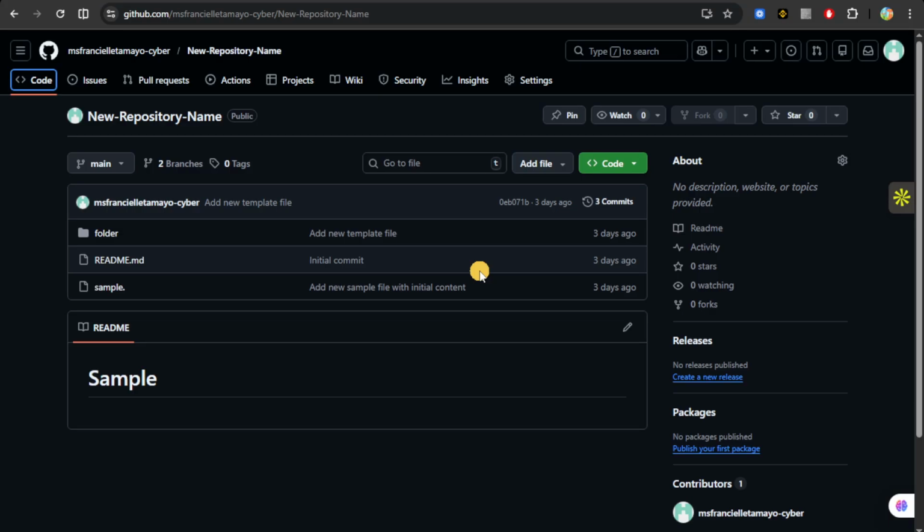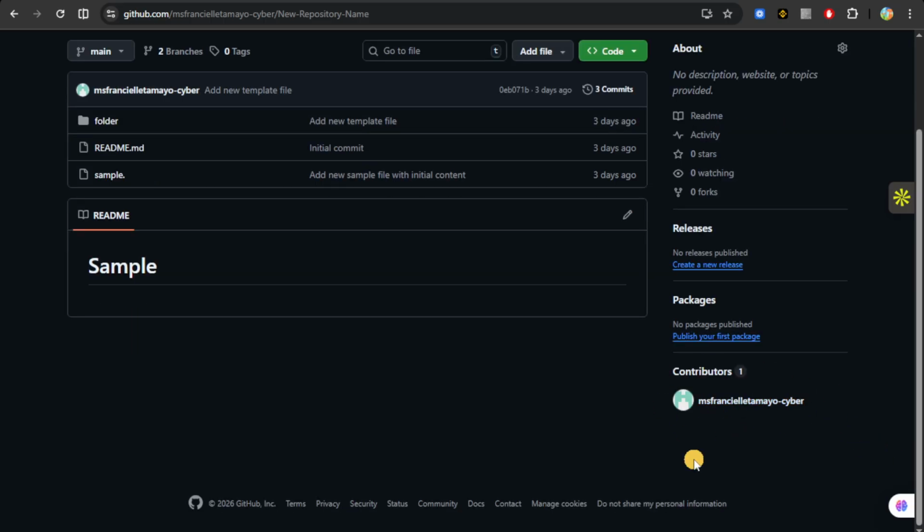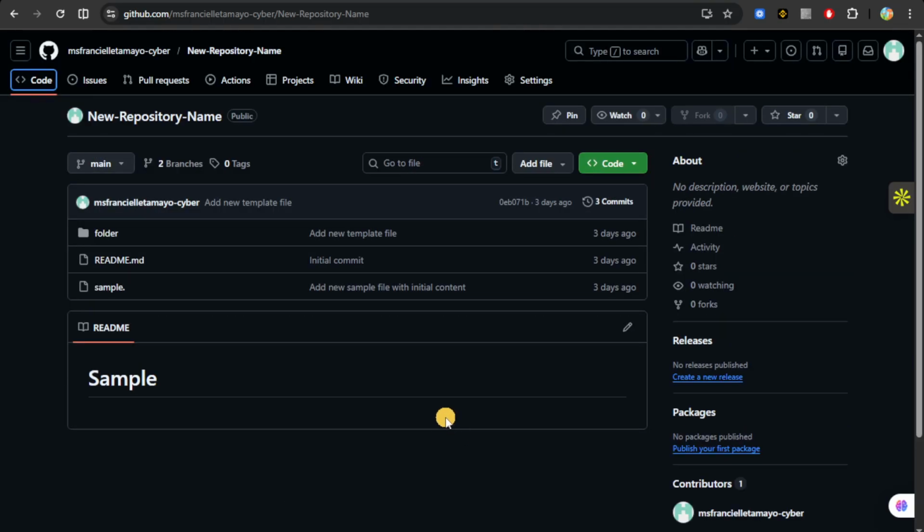First things first, you're going to open the repository of your choice where you want to add collaborators or contributors. So as you can see here in my repository, I only have one contributor, so we're going to add more to that. Now in order for us to do that, you're just going to look over to the top right